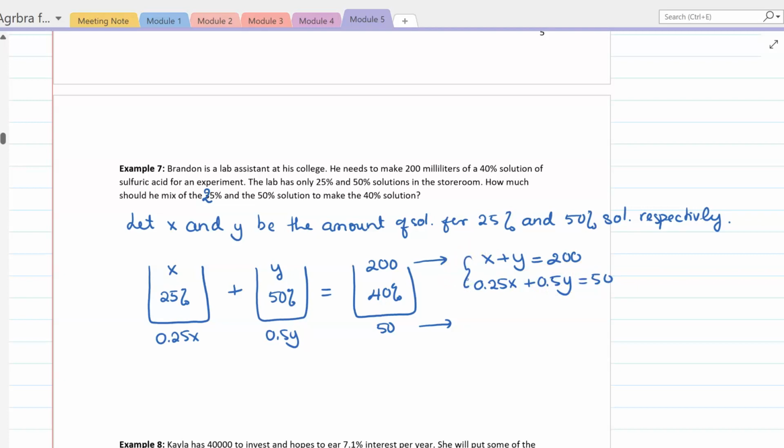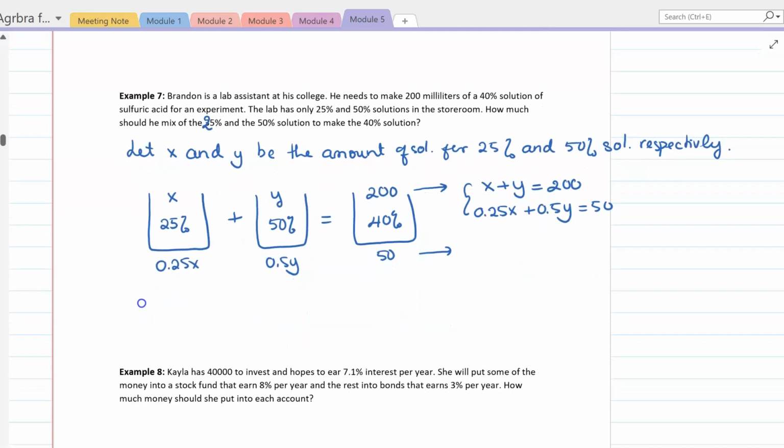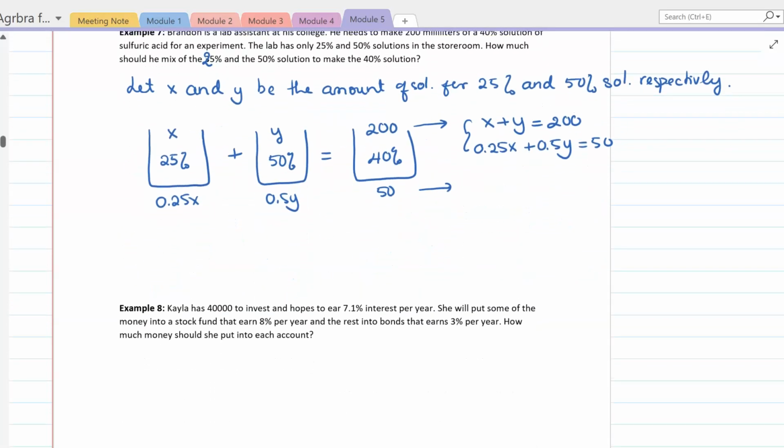I go ahead and solve this equation using substitution. I'll go ahead and solve for x in the first equation. I'll substitute the results into the second equation to get